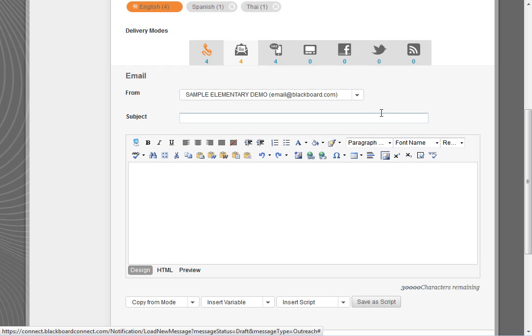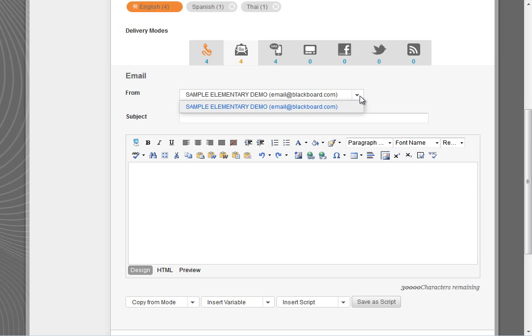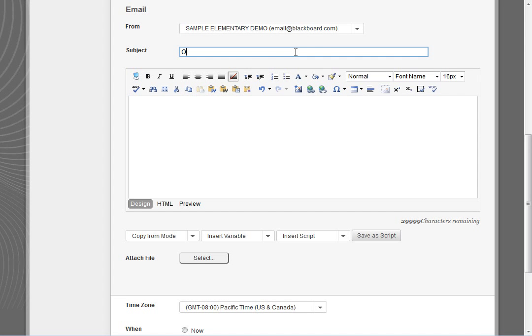The from address defaults to email@blackboard.com, which means if a recipient replies to this email, no one will get it. If other email IDs have been set up by your super user or champion, they will be available to choose in this drop-down. I can type out my subject line here and then type out the body of my message,